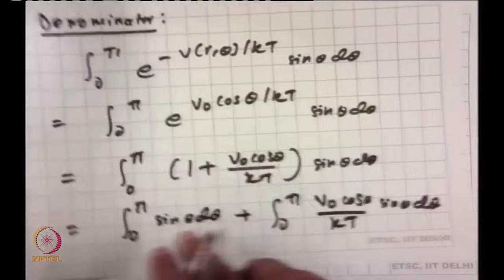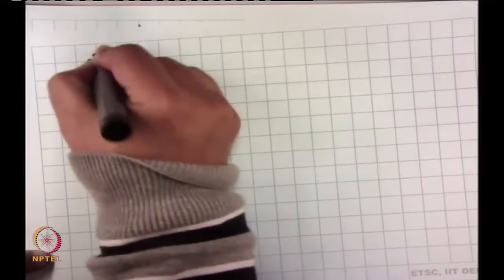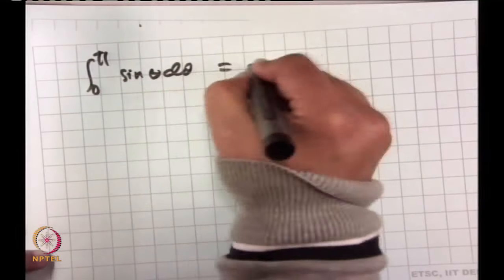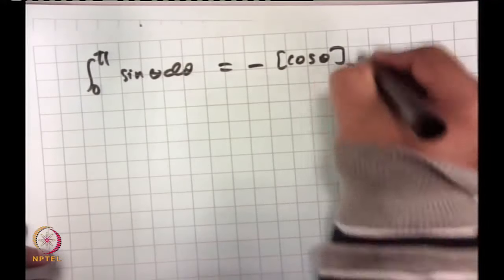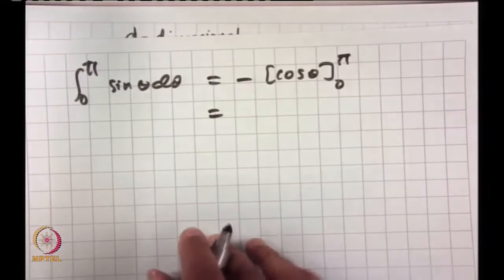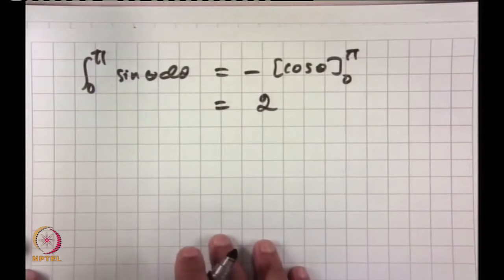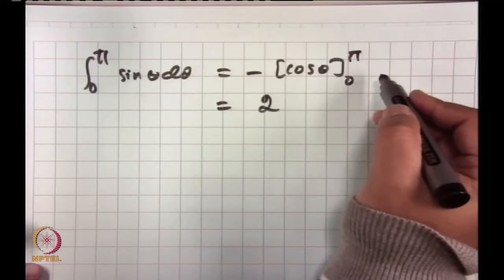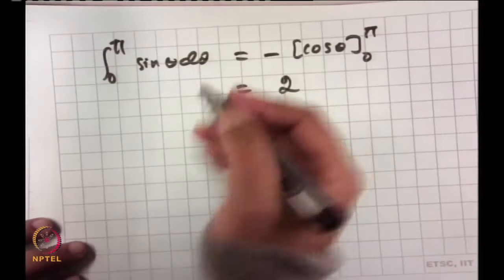So, let us take these two integrals one by one. So, 0 to pi sin theta d theta is equal to what? Minus cos theta in the range 0 to pi. Now, tell me what the value is. Thank you. So, the value is 2. Does everybody realize that? Okay, this is cosine of pi minus cosine of 0, that is minus 1 plus 2 in the end, okay, great. Now, this was the easy one, right.